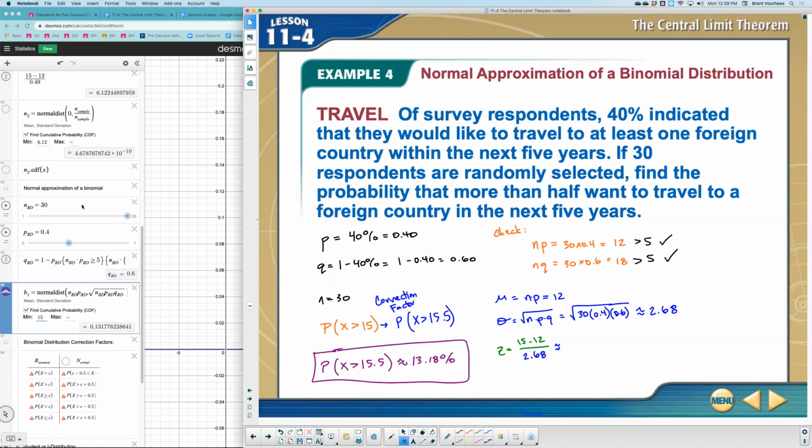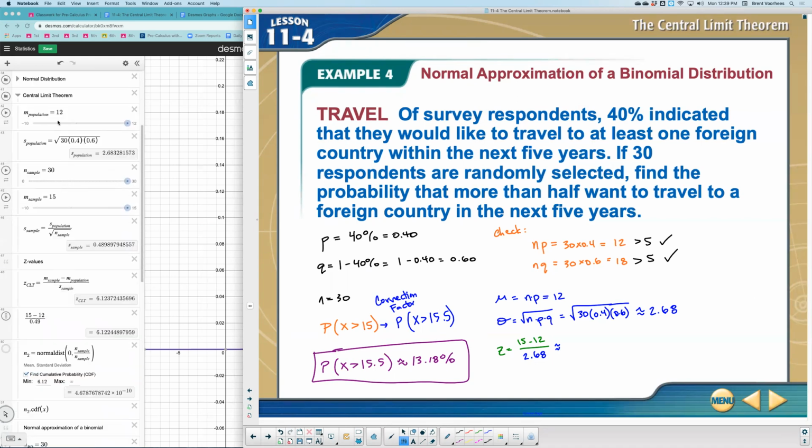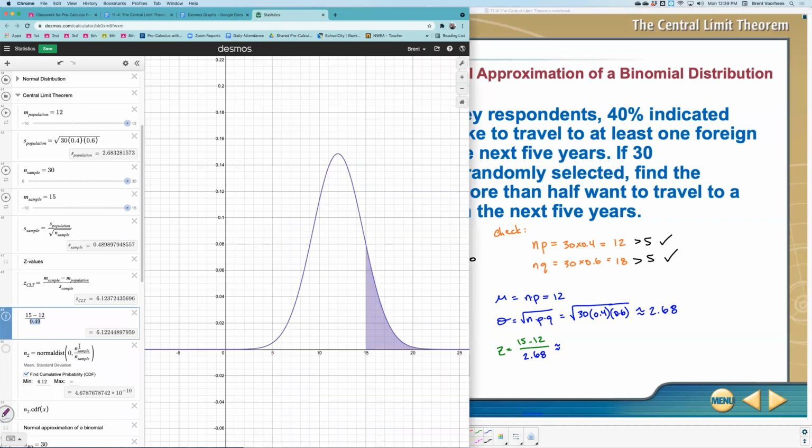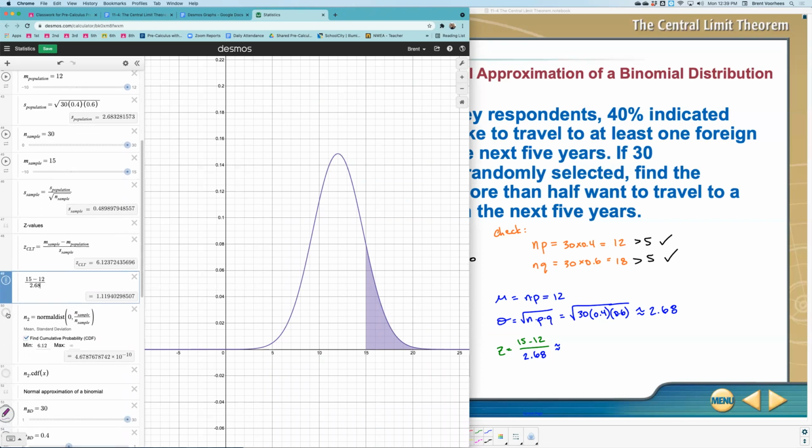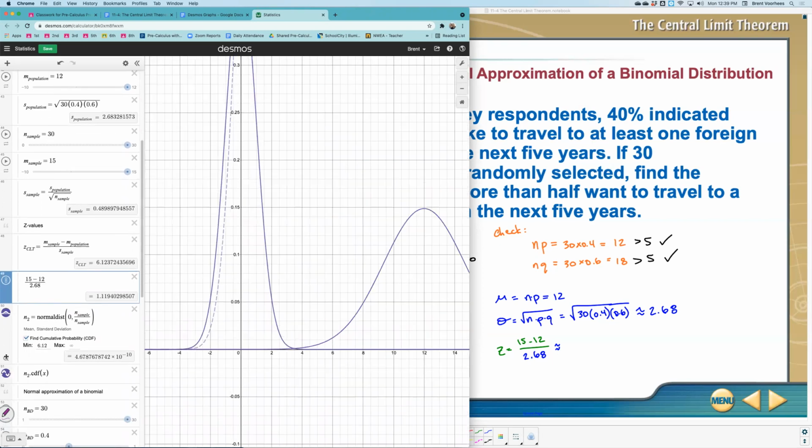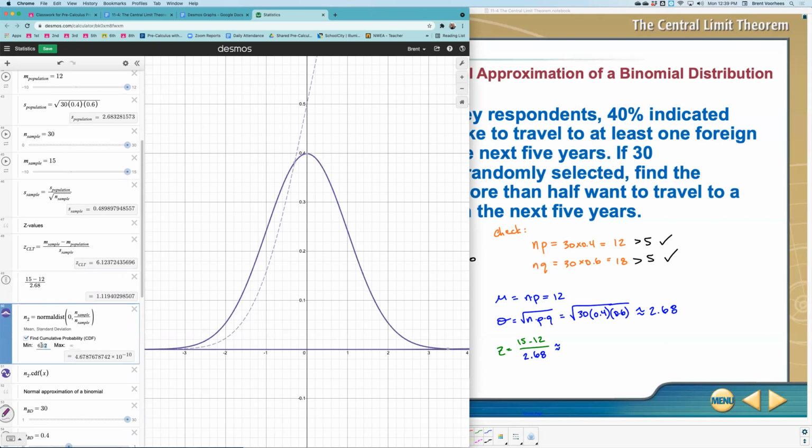Well, this would be if you were using the normal or the central limit theorem here. I would come back here and place this number of 2.68. That was the thing I told you we needed to change. And then I would, let me turn this one on, go to this graph. We would look at this being our z-value,